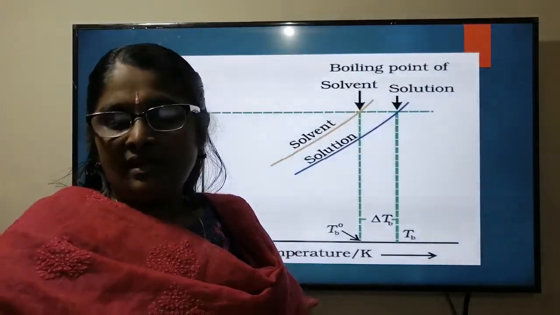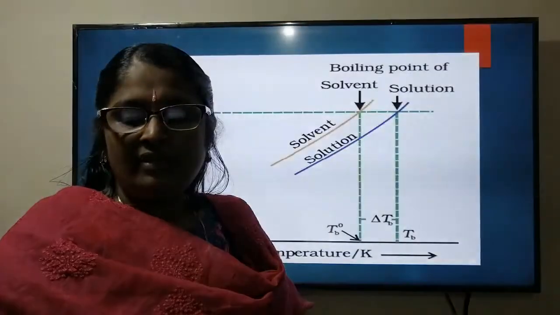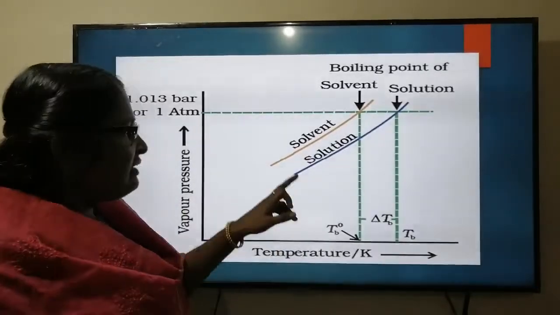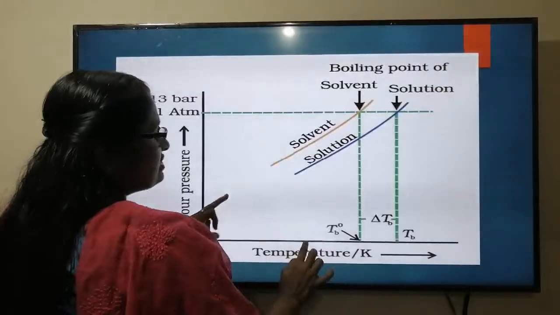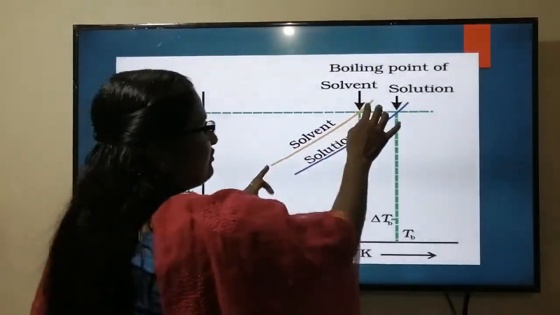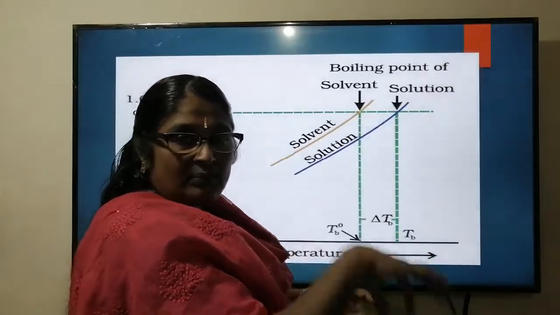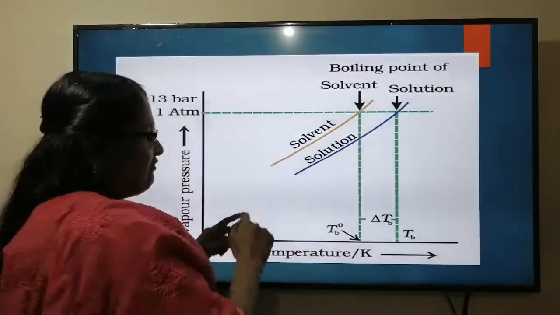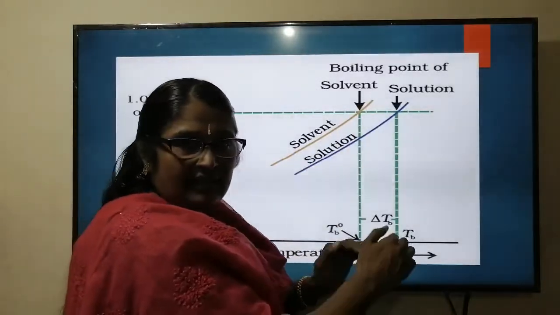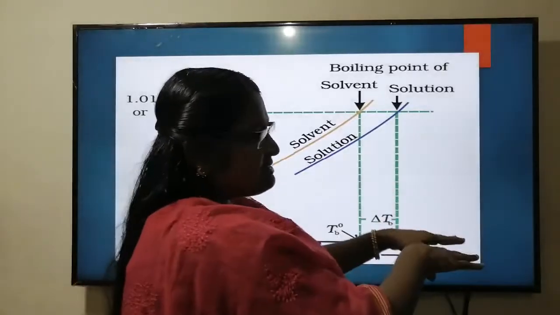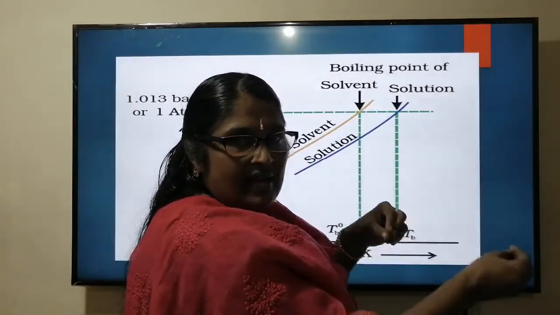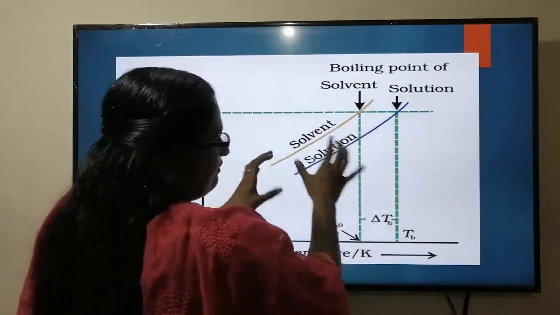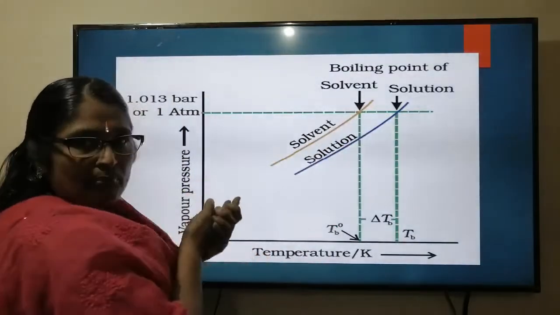Next, our intention is to represent it in graphical form and arrive at a mathematical equation. So this is the vapor pressure temperature curve for a pure solvent. As the temperature increases, vapor pressure increases in this manner for the pure solvent, that is pure water. Then into that pure water I added some non-volatile solute, and again I have plotted the vapor pressure temperature curve. We know that for a solution containing a non-volatile solute, the vapor pressure is less. When we add salt or sugar, the vapor pressure will be less than that of pure water. So definitely for the solution the curve will be in the lower region than that of the pure solvent.